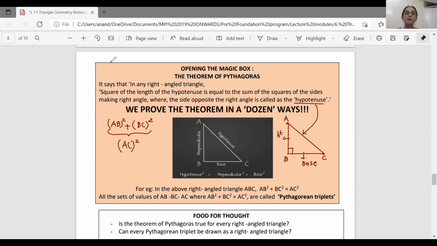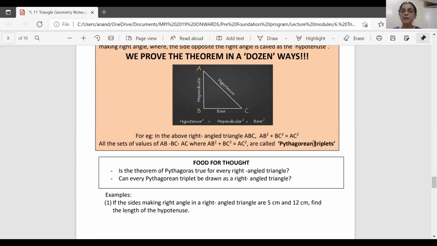This is your thought question: try to draw a right angle triangle in which this theorem will not be proved. Okay. Similarly, we are going to see many such shortcuts to find such values where the square of this plus the square of this is equal to